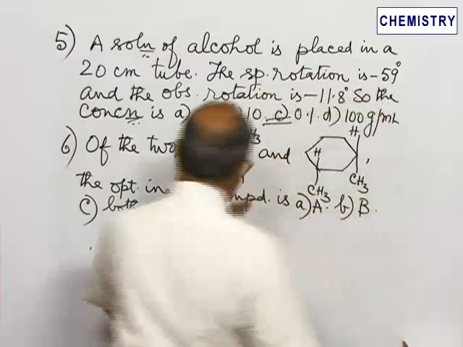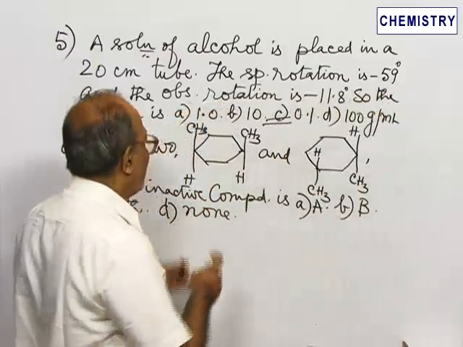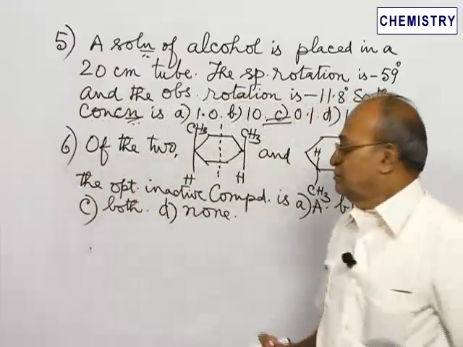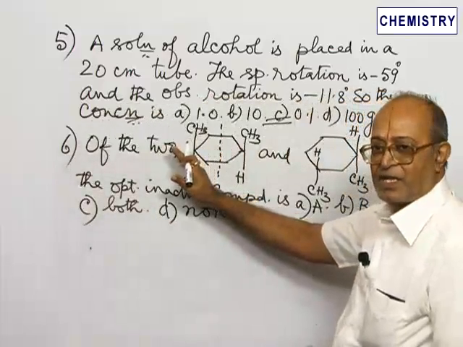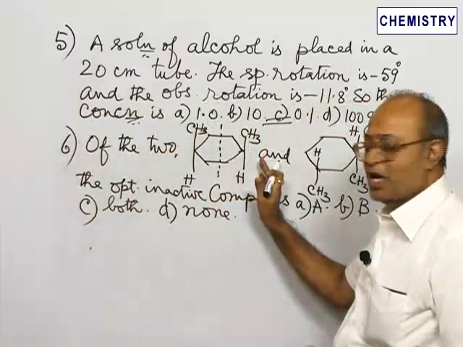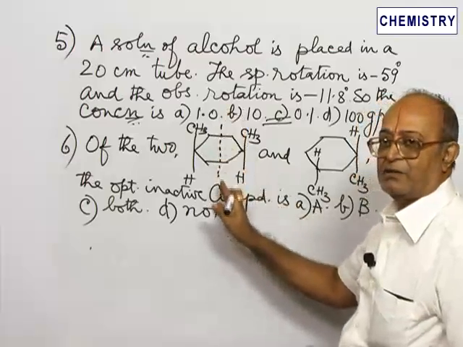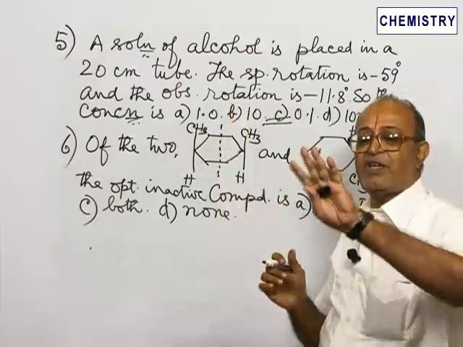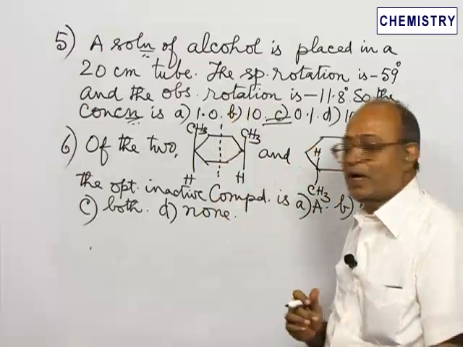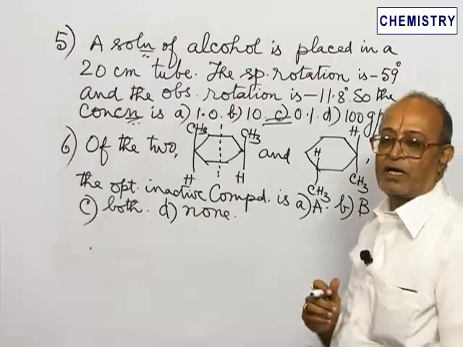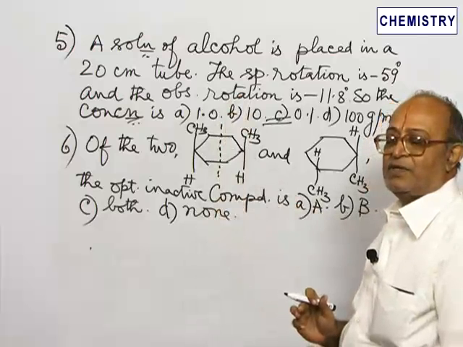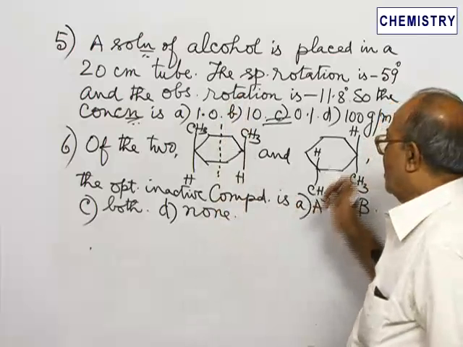Now consider this. You can think of a plane of symmetry here. If I consider this half as the object, this half will be the corresponding image. So there is a plane of symmetry here. If a plane of symmetry is present, that molecule is optically inactive. So 1,4-dimethyl cyclohexane, since there is a plane of symmetry, will be optically inactive. All right, consider